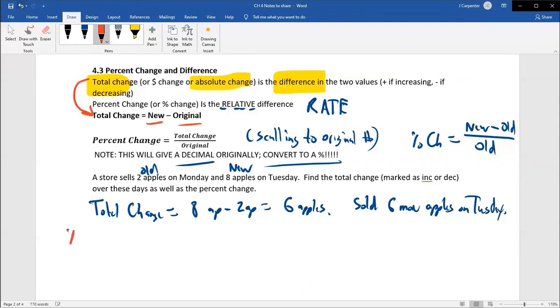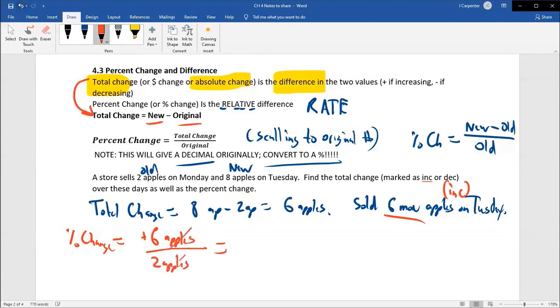So the percent change, which again, we take the total change, which we just got. We didn't have that originally. We take the 6 more apples, which was an increase. That was an increase, by the way. I said more implies increase. So that's a positive 6 apples, and you can write the positive 6 there if you like. And then we divide that by the original number of apples, not the 8 apples, the 2 apples.